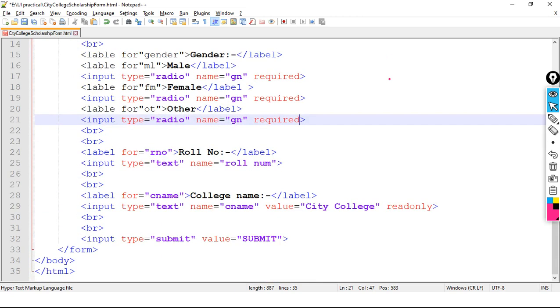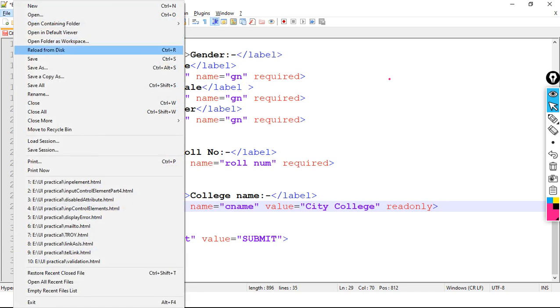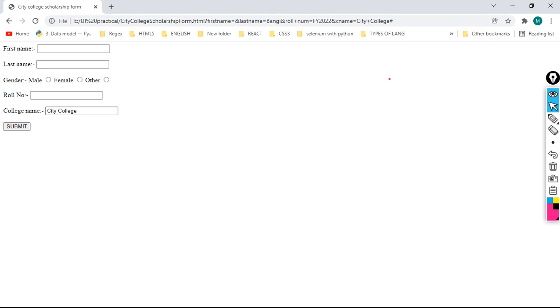Then in roll number I have mentioned required. Then in city college, sorry, it is already predefined, so required is not needed. Now let's save the code and refresh the page. So our changes are implemented now.